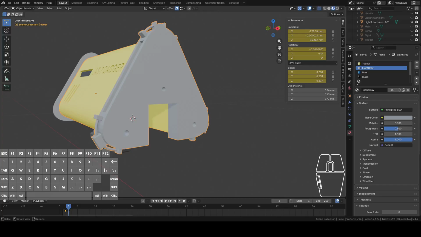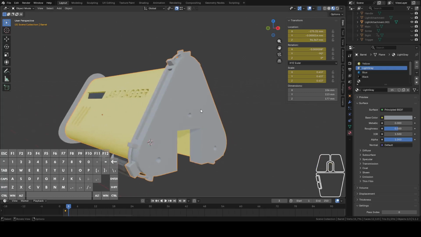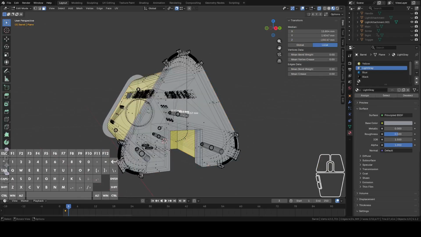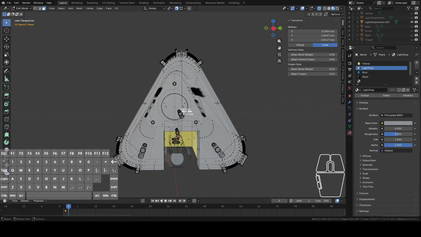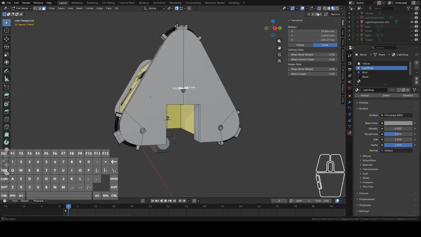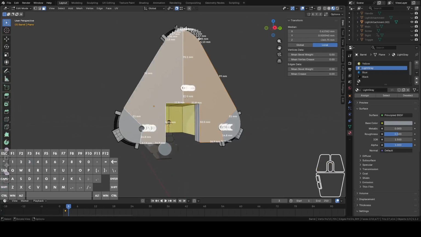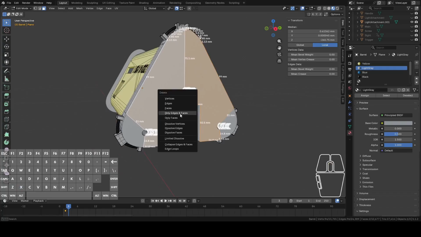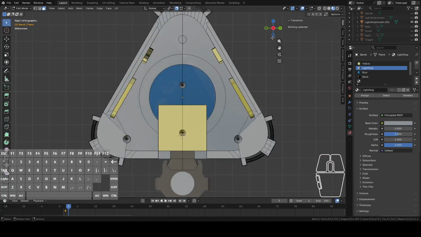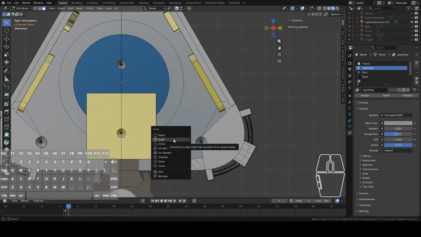A little addition I just thought of when I was getting these ready for print is that I saw this was pretty solid and was going to take like 12 hours to print and a fair amount of filament. Now, we don't need all this to be solid, so I was thinking we can hollow it out a bit to reduce the amount of filament we're using on it. So in order to do that, thinking we can get rid of these faces and get some hollowed shapes in here. Let's say,